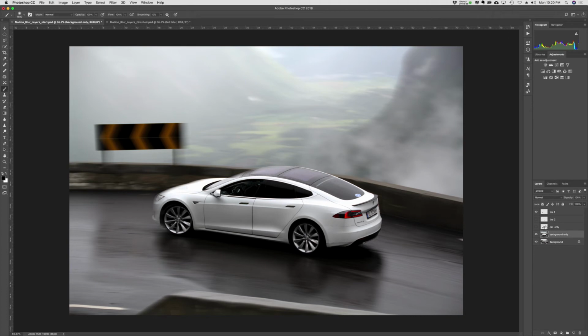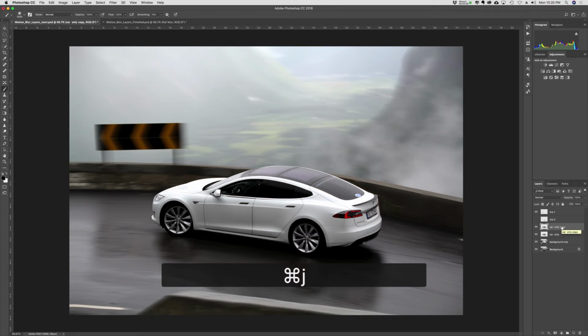And the next thing I'm going to do is turn on the car. So you can see the car here. With the car only, I probably don't want to blur much. So I want to keep this mostly there, but let's play around with that. I might even want to have one normal and go Command J and allow one that's a little bit blurrier. So I'm going to turn off the top one. We're just focused on this here. I'll call this blurry